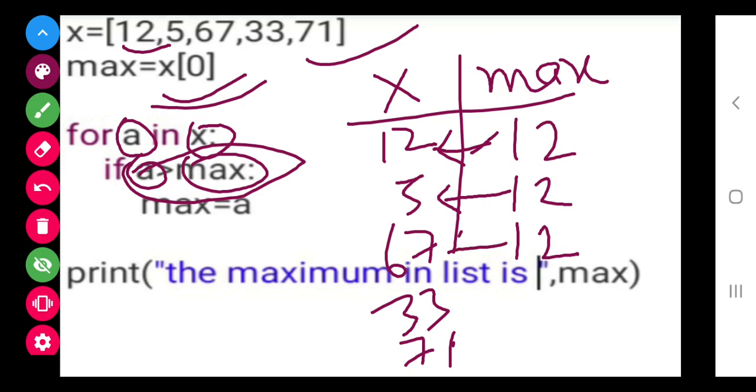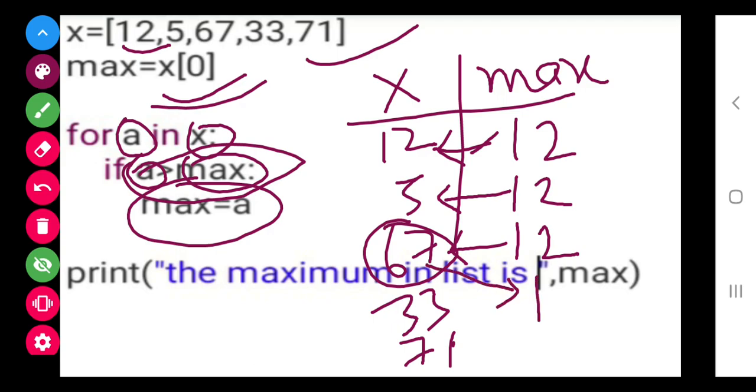Now the next condition is true: 12 is compared with this, so which is greater? Our element is greater than max, so what I have written is that max should become the element, that is 67.